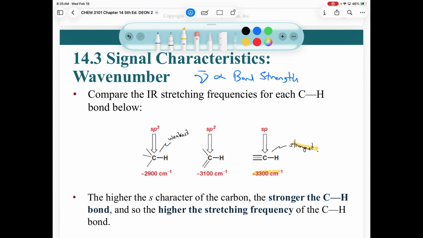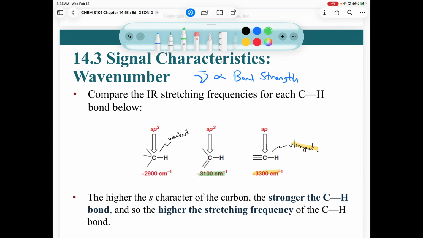Strongest bond, highest wave number. And so you're looking at it and saying, hey, now I would be able to distinguish between an sp2 hybridized carbon-hydrogen stretch versus an sp hybridized carbon-hydrogen stretch and an sp3 hybridized carbon-hydrogen stretch, right? You can tell the difference between them. And so if you have something around 3100, that's going to be an sp2 hybridized carbon, so maybe on an